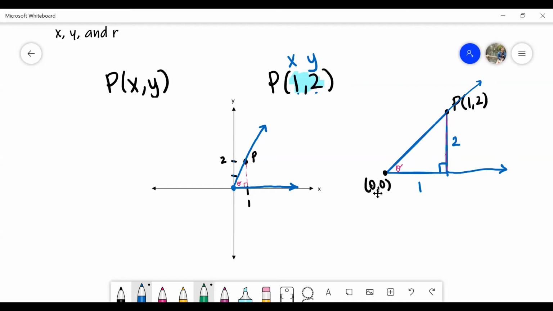So how could we go about finding what we've named R? So I'll put X down there. I'll put, sorry, there's still fireworks going off. I'll put Y there, and I'll put R right here. How can we find that value of R? Well, that's just a hypotenuse, right? Apply your Pythagorean theorem,